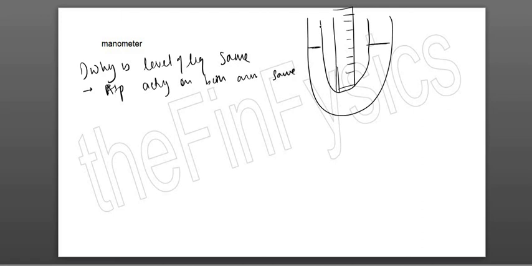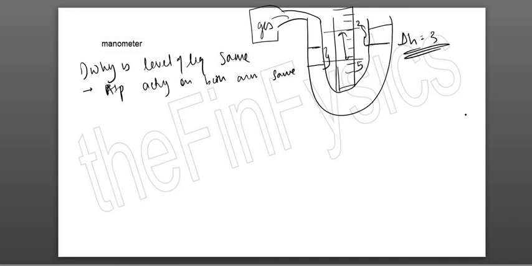Okay. Then they will connect this to an external supply of gas. If the pressure of gas is more, this level of liquid will go down and the level in the other arm will increase, provided the pressure of gas is more. If the pressure of gas is less, this level will move up and the level of liquid in the other arm will go down. Then they will tell you how much is the excess, or they will tell you to find this height difference. Suppose this is at 2, this is at 5, then my height difference comes out to be 3, centimeter or millimeter, anything they can give you, that depends upon the unit of this rule.